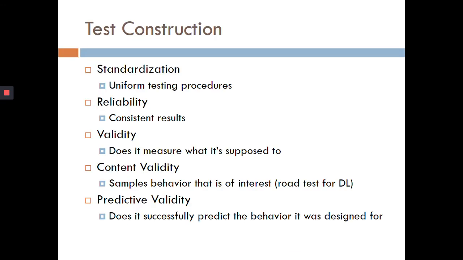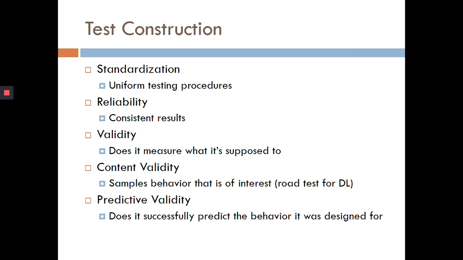All right, last thing. When we are designing tests, so intelligence tests, any kind of test, written test, verbal test, doesn't matter, we have to look at test construction to make sure that it's going to do what it's supposed to do. So first off, you have standardization. This is where you have uniform testing procedures so that every single time you give the test, it's done the exact same way, in the exact same conditions, exact same time parameters. Think of every time you go take an SAT, you have the little script that you have to read, and this is this amount of time, then you take a break, and this is this amount of time. Everything has to be uniform no matter where it's given.